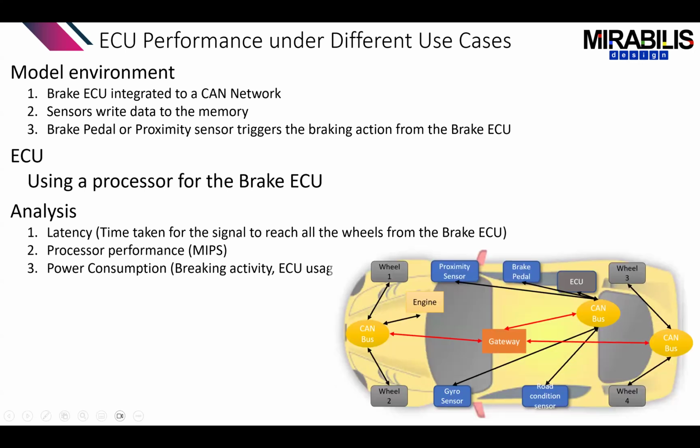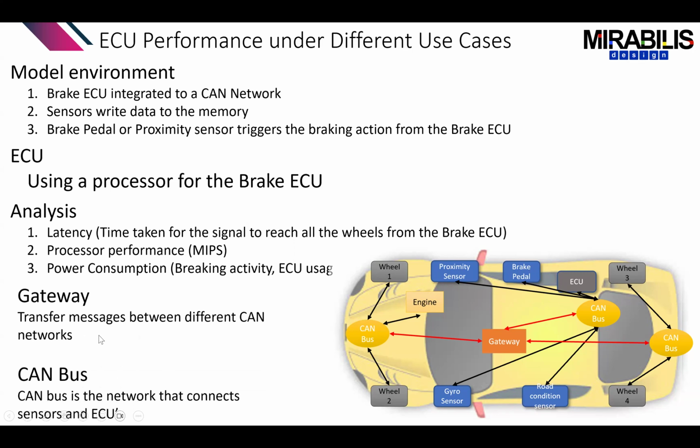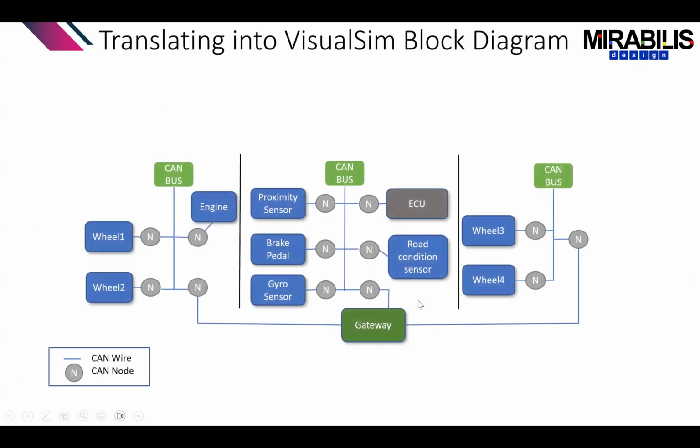When you take a network like this, you can see how the different components are connected across different networks, and where the gateways are located. This here tells me this is the CAN bus and that's the gateway, which is transferring the messages between the different CAN buses. Now, when you look at a system like this, one of the first things you do is translate it into a block diagram. This is a format that VisualSim uses, a block diagram, to take a conceptual idea into a more formal idea. So once you create this network and place all the ECUs, place all the sensors, and define the gateways,